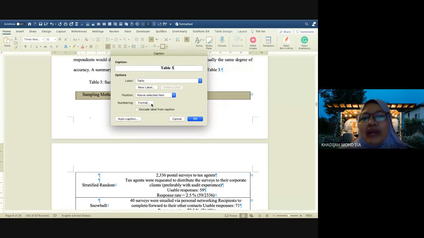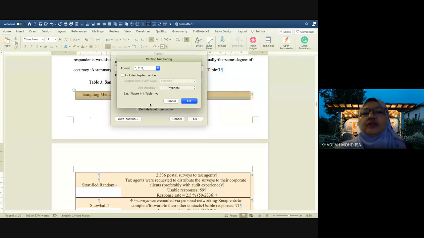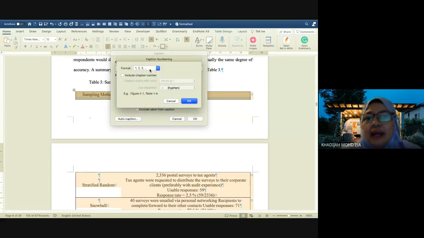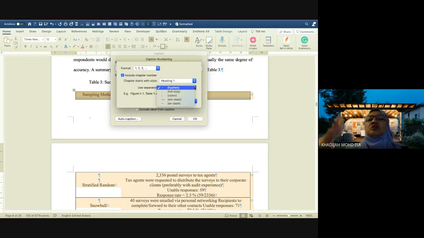So how can you do that is that you go and format. You format the numbering of the table. You can have different numbers, right? You can have A, B, C, for example, but normally we have the Arabic numbers 1, 2, 3 like that. So I click 1, 2, 3 normal, but I want to include my chapter number. In this case, it will identify heading 1 as the chapter. Whenever I have heading 1, if the table is in that chapter, it will show accordingly. And then whether you want, for example, after table 3.1, a space only, or a hyphen or a colon, again goes back to your APA style, how it should appear. Are you following? So then you can format that. For example, I want it to be a colon. So then I don't have to type, it will automatically be shown in your